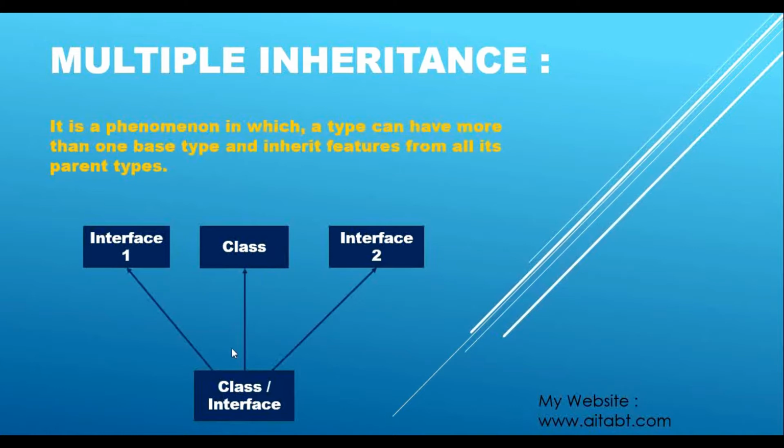What this means, we will see in action, so don't worry about that. Just keep in mind that a class can have only one base class, but it can have more than one base interface. Unlike classes, an interface cannot have a base class, but an interface can have more than one interface. So don't be confused by this. Let's see this in action. For that, let's switch to Visual Studio.